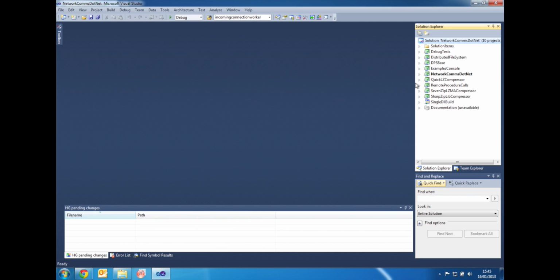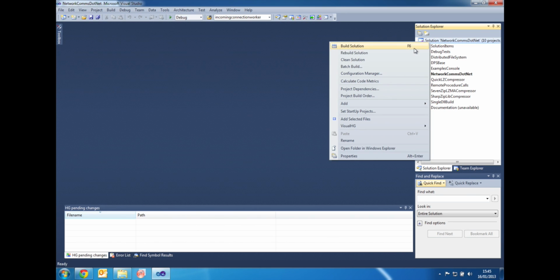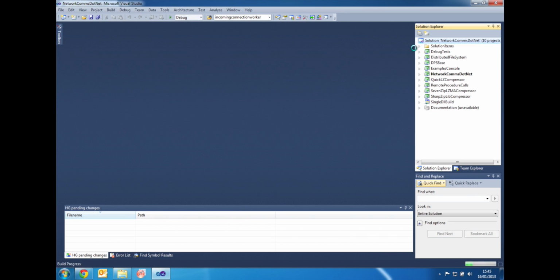In order to run that, we need to compile the solution. First, make sure that we're going to compile in debug mode, and then we can either press F6 on our keyboard or right-click on the solution file itself and select Build Solution. The solution itself is quite large, it can take a couple of seconds to build,